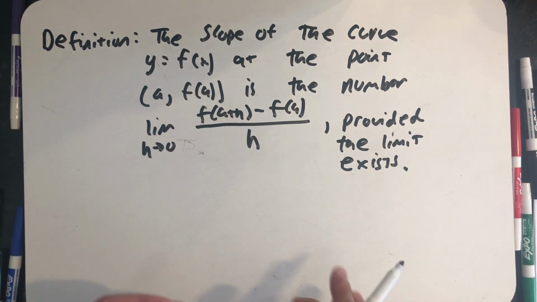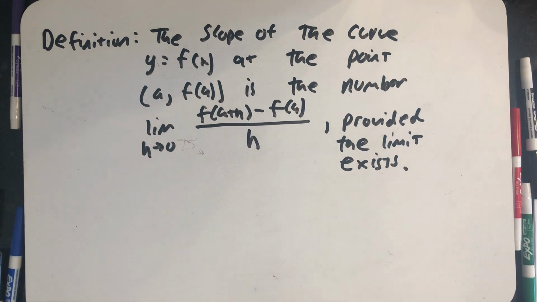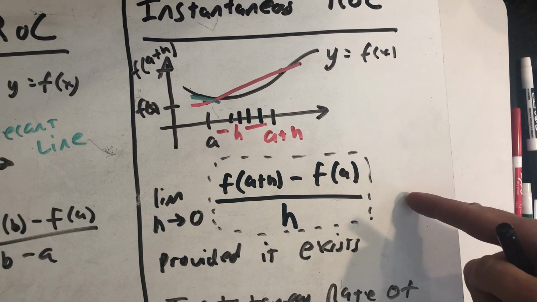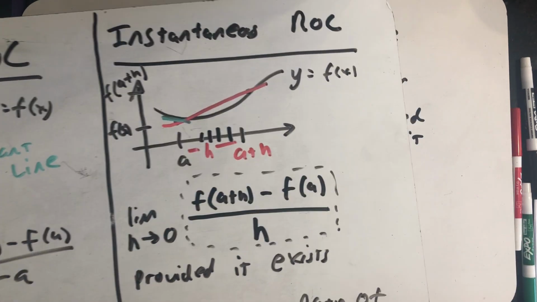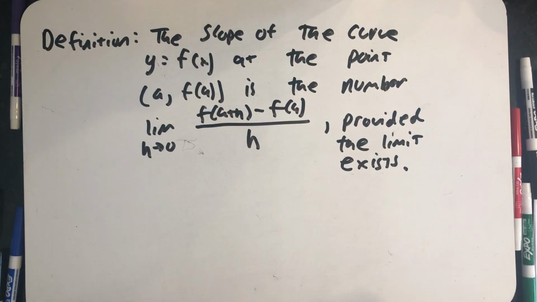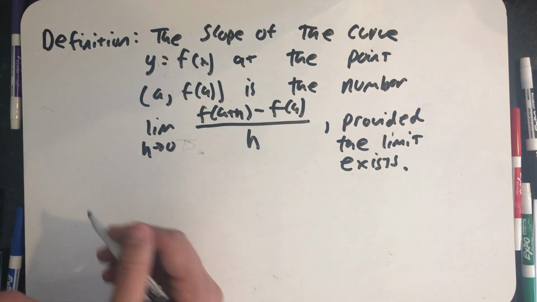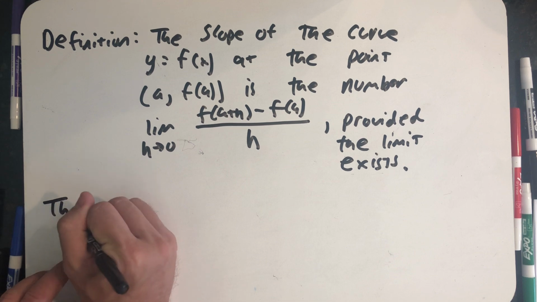Okay, the slope of the curve at a point is the limit of the difference quotient. Now look at that definition, I say, well, that's just the slope of my tangent line. That's just the instantaneous rate of change. And so all of a sudden I realize that there's just more than one way of saying all of these things. And then we could go on to say the tangent line